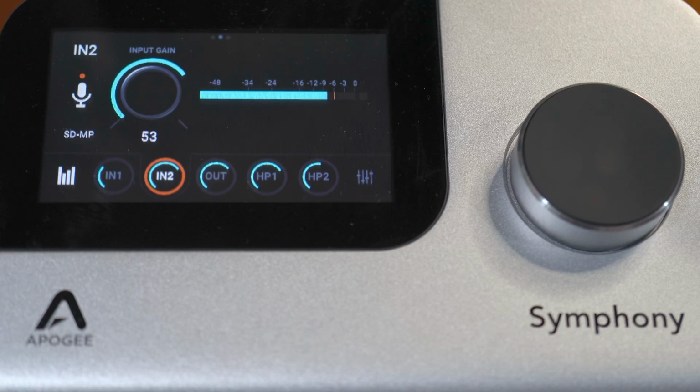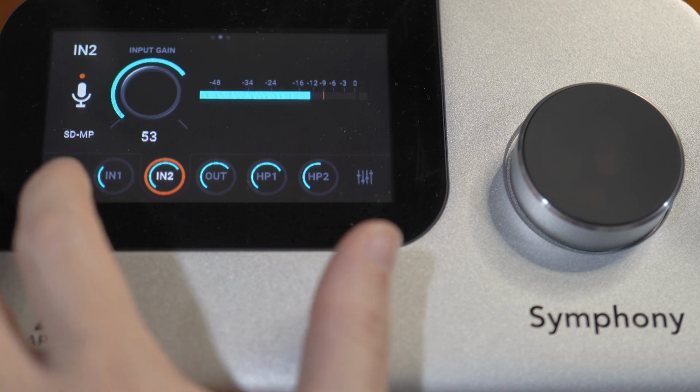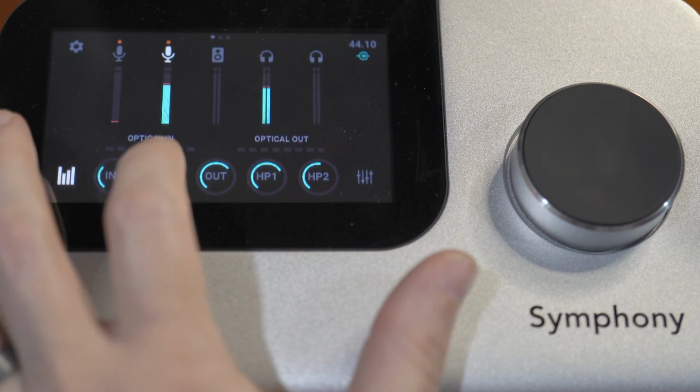So I'd planned on doing a video this morning comparing the standard Symphony Desktop preamp with the tube preamp. But when I woke up and booted up the computer, I got a notification saying there was a new software update for the Symphony Desktop. Install that, and I discovered that